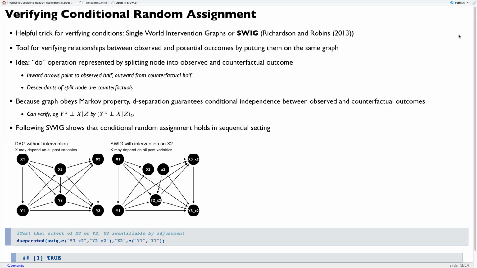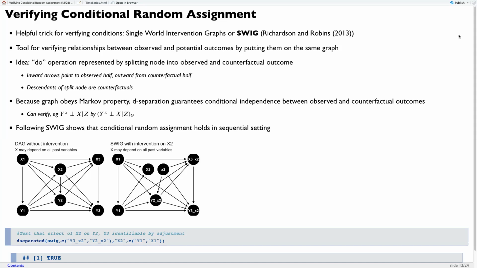But the actual trick is super easy to use. It puts the potential outcomes and the observed outcomes on the same graph, which they call a single world intervention graph, or SWIG. This is just a tool for verifying relationships between observed and potential outcomes. The idea behind it is that one way you can represent the do operation is, as we talked about before, by creating a completely new graph where the arrows into your treatment variable are deleted,